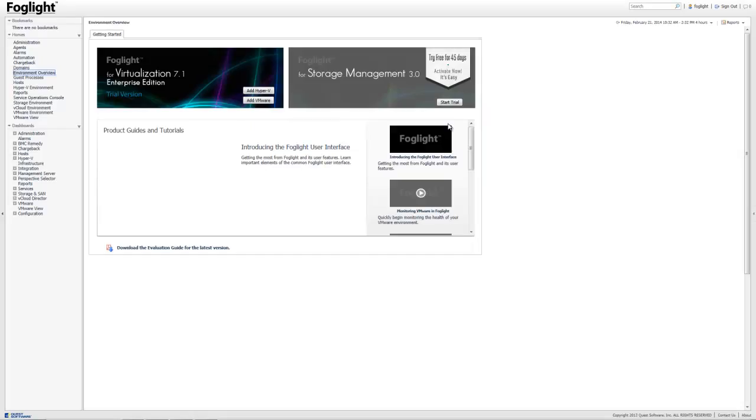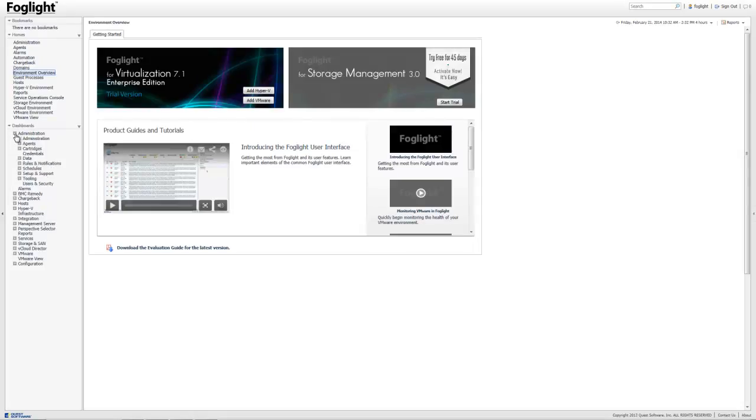Today, I'd like to talk a little bit about installing VMware monitoring in Foglight. Let's go ahead and log into our console. First thing you'll need to do is determine which FigLam you'd like to put it on. If you're less than 200 VMs, you can go with the embedded FigLam and you can proceed to the next